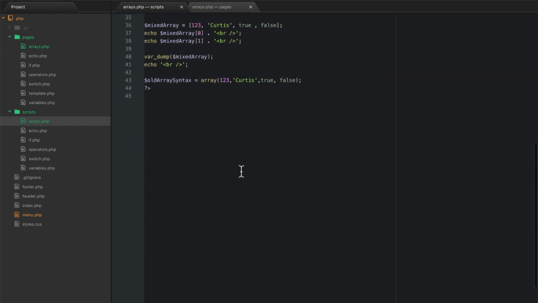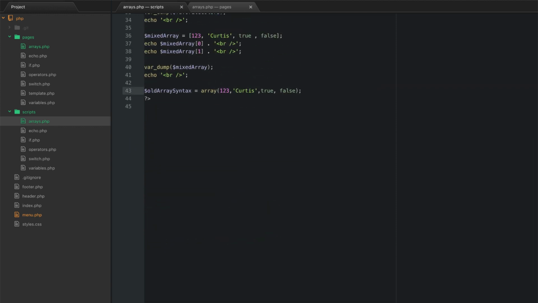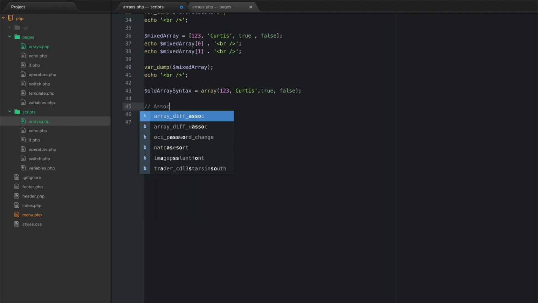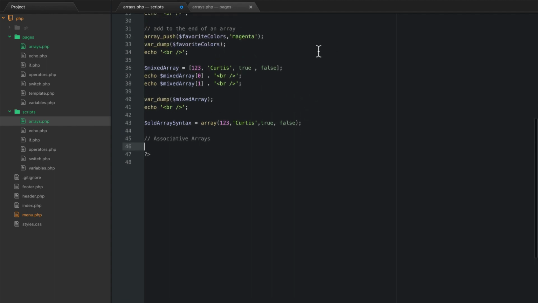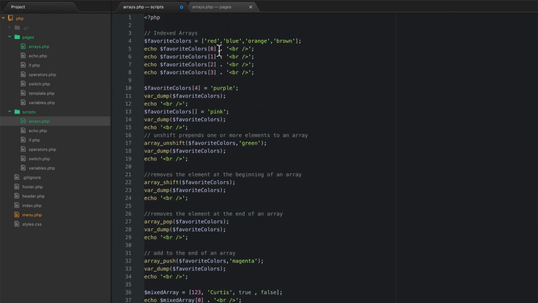Then we go down to the bottom, right before this closing tag, and create a new comment: associative arrays. An associative array is defined and used the exact same way as an indexed array, except